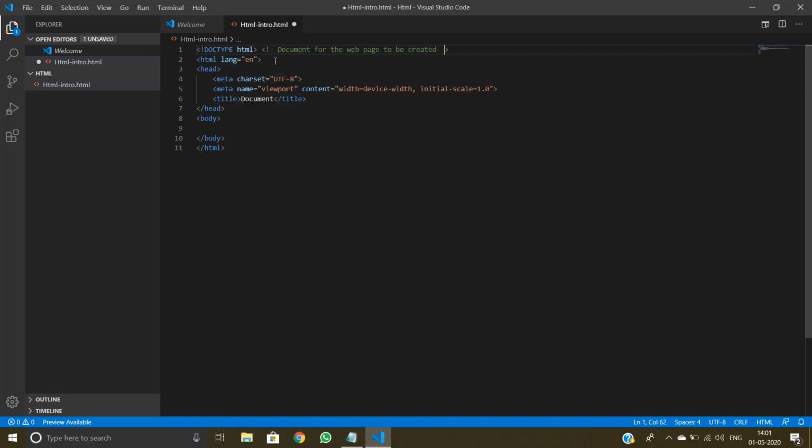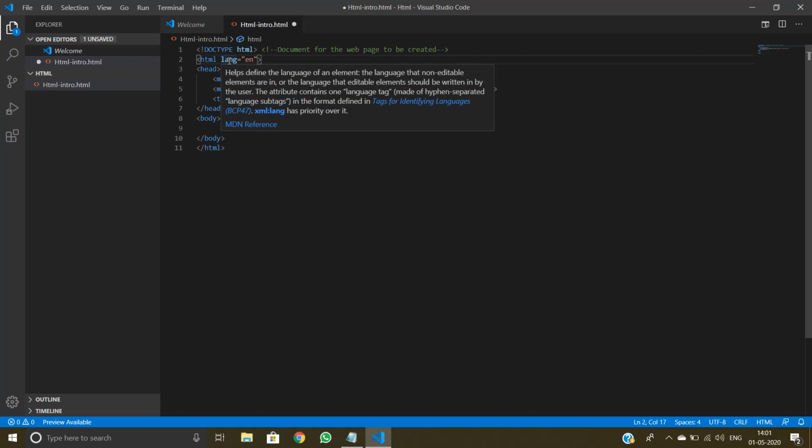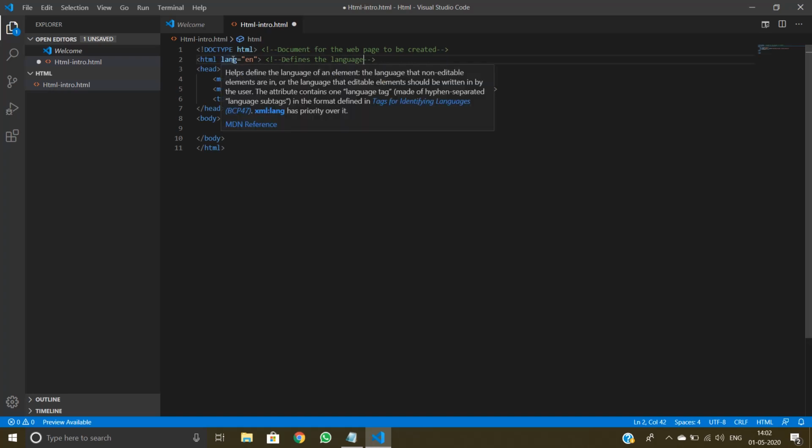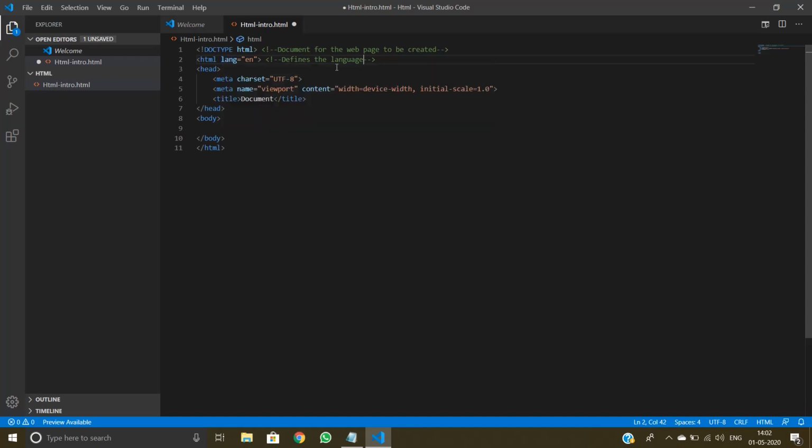And this is the language attribute. If I hover on it, I'll get the description. So it helps to define the language of the element. Okay, so you can code it in any language, be it Algerian or Spanish or whatever. And the browser recognizes what type of language you are using in the code. An attribute is something that defines what is what. So here lang is the attribute that defines what language I'm using. You'll be learning more about attributes when you learn about tags.